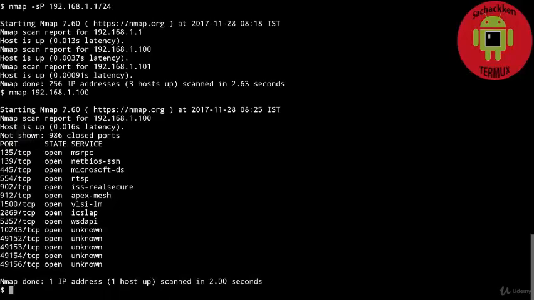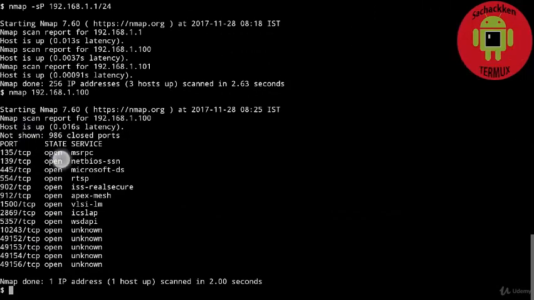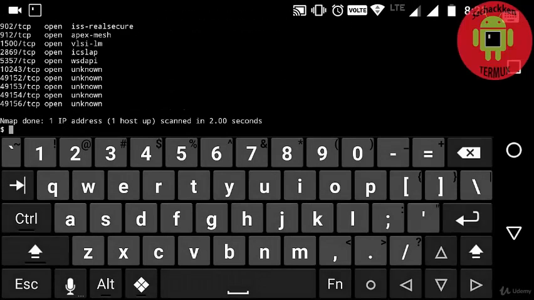In this you can see all the TCP ports are open. TCP is the Transmission Control Protocol. You can see the services, and also the RTSP service, which handles typical HTTP-like requests such as OPTIONS. And next I am going to type nmap